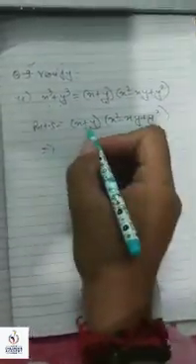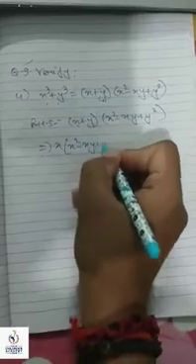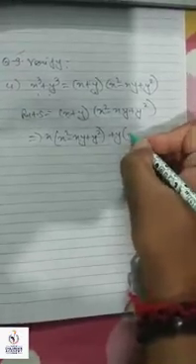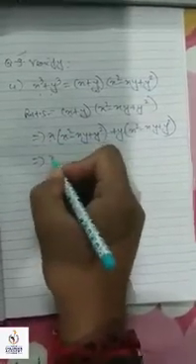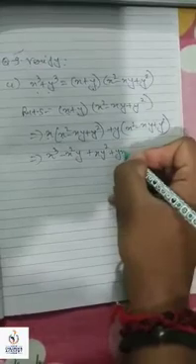So x plus y, x square minus xy plus y square. Now multiply this. So take first x and write the whole thing, x square minus xy plus y square. Now take plus y and write all the statement, x square minus xy plus y square. Multiply this: x into x square is x cube, x into minus xy is minus x square y, x into y square is xy square, plus y into x square is x square y, y into minus xy is minus xy square, and plus y into plus y square is y cube.